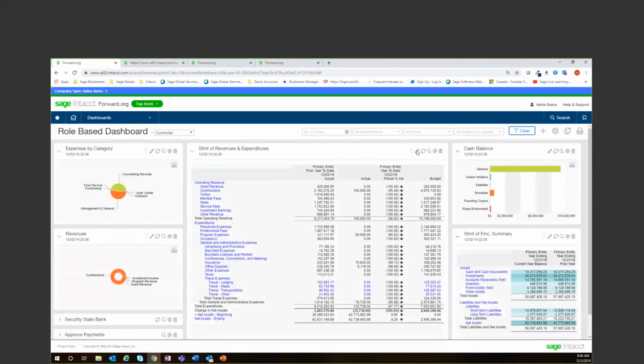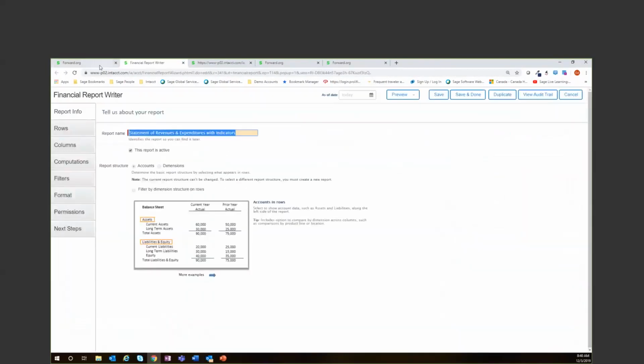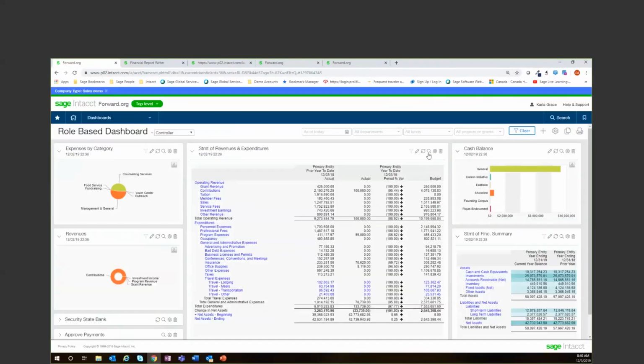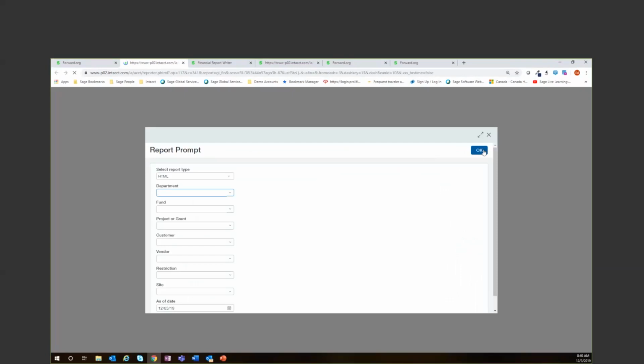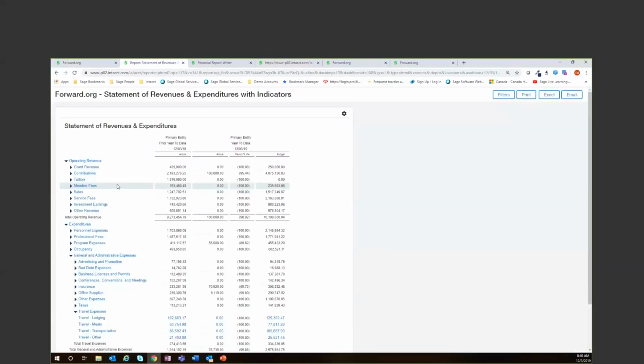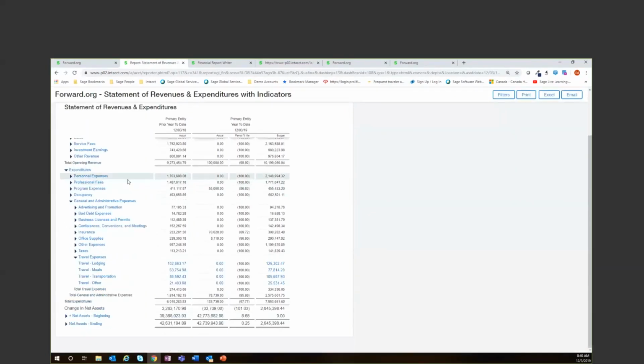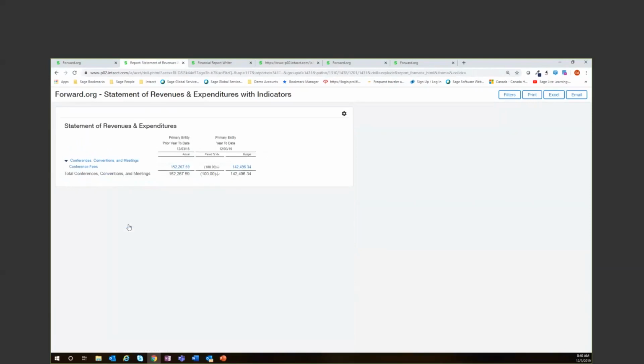Other things, again, so if I want to drill into a report, so my apologies, I clicked not on the pencil, but on the magnifying glass. If I wanted to drill down into my report and get information, again, maybe around conferences, I wanted to see what this number entailed. I have full drill down capability directly off of my dashboard. So we can see here that this conferences row is made up of conference fees, which comes out to an amount of